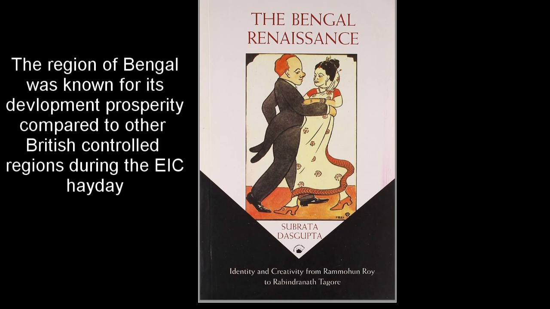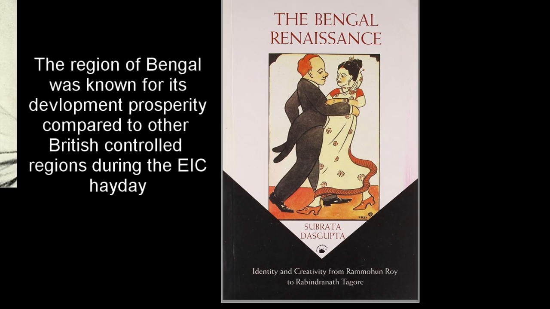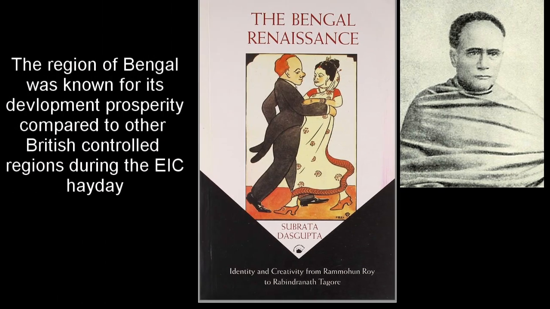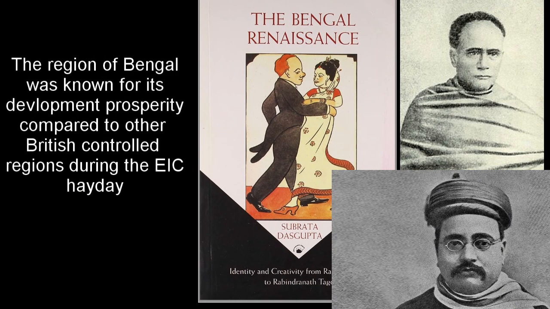We observe movements such as Brahmo Samaj and the Young Bengal movement take shape over time, while several reformers like Chandra Sen, Ishwar Chandra Vidyasagar, and Gokhale helped push forward agendas and pressing issues into the wider public eye. This shift towards liberal and social reform can be attributed to a variety of different sources. Educational reforms made during the 1830s, the establishment of universities and centers of learning, the proliferation of Enlightenment philosophy and Western thought through circles of newly emerging educated middle class Indians, and many more that I've excluded.